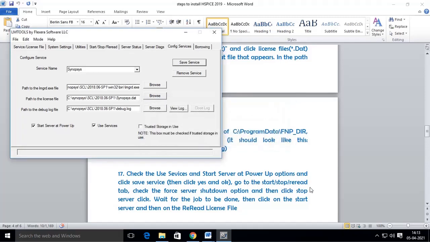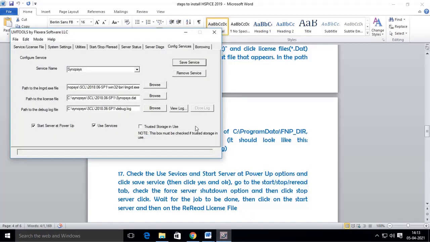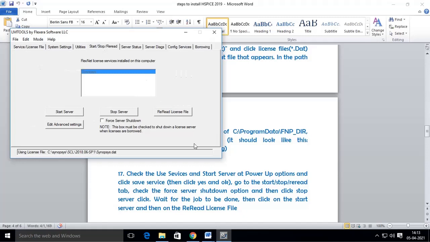Now go to the start, stop, reread tab and check the force server shutdown. And then click stop server. Okay, now wait for the job to be done and then click start server.